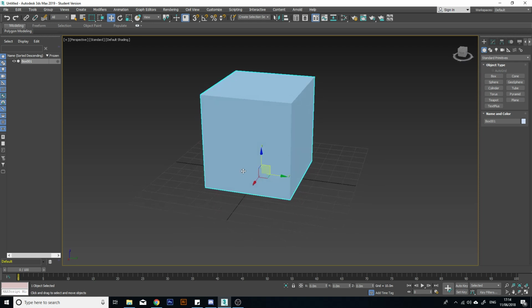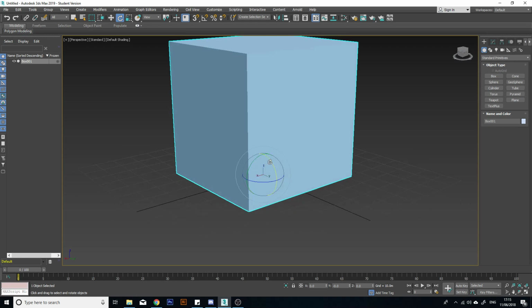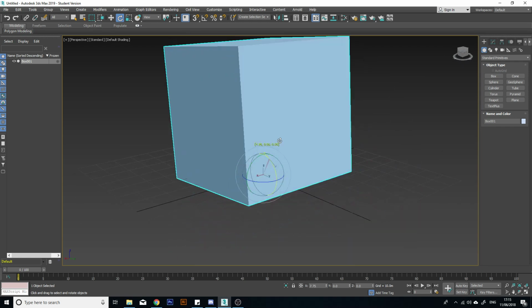That's called transform, and this is rotation. Now you can switch through these either up here, so that's select and move, rotate, or scale, or they can be the W, E, and R keys on your keyboard. Okay, I would never select it up here, I would always do it on my keyboard. W, E, R. So now we're going to look at rotate, which is the E button, and as before you can rotate by selecting one of these lines. You can rotate only in that direction,